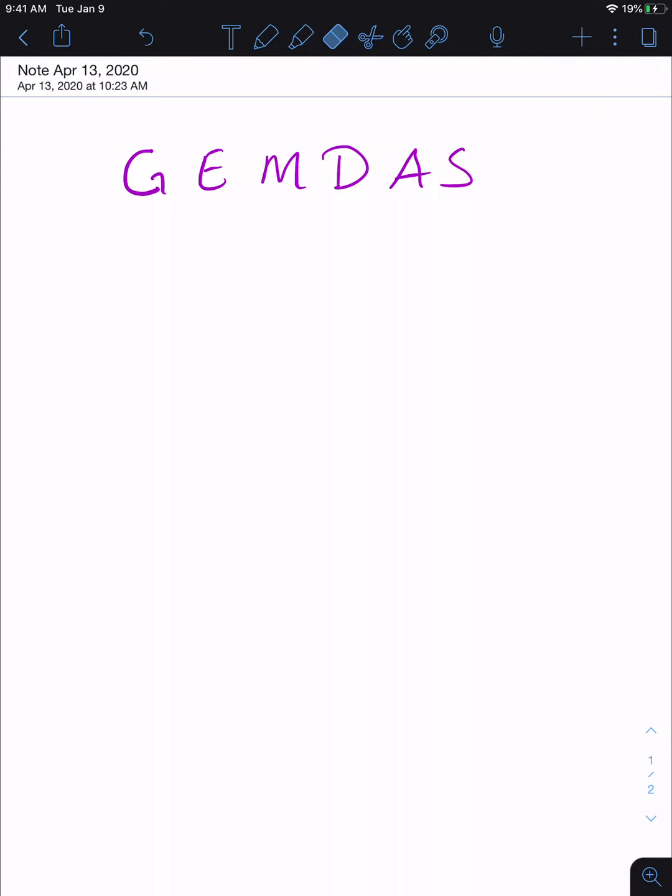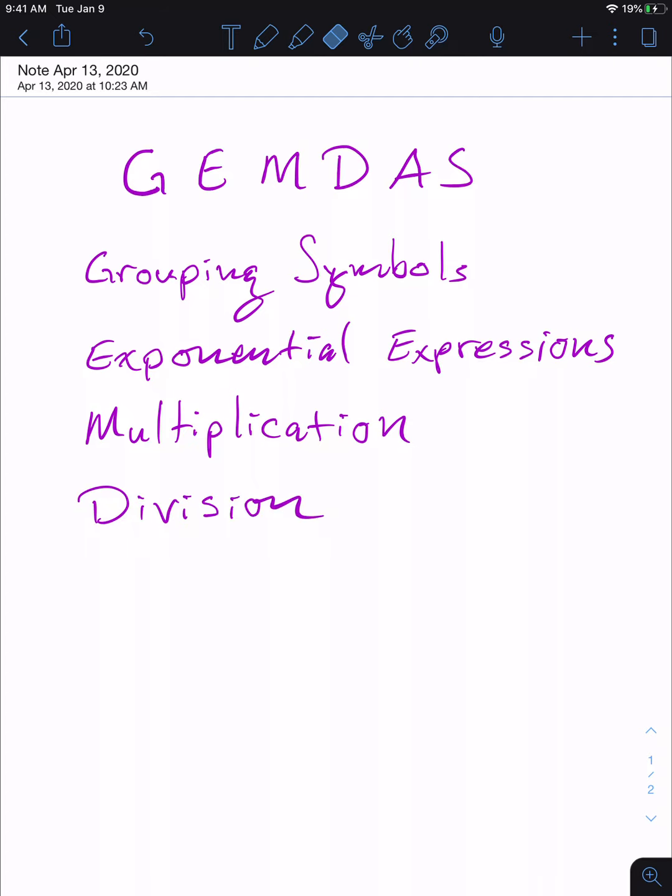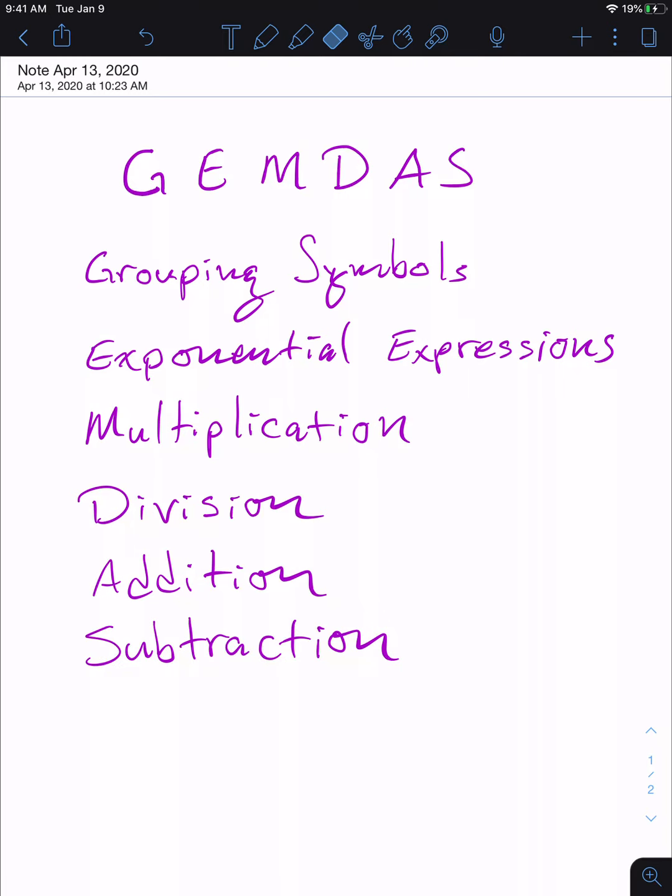The order of operations, the very first thing that you should do is the grouping symbols, then exponential expressions, followed by multiplication, then division, and addition and subtraction. So these are GEMDAS. We wanted to make sure that you understood that grouping symbols, the reason why we're saying that instead of just parentheses, is that we're talking about angle brackets, braces, square brackets, all of that stuff is grouping